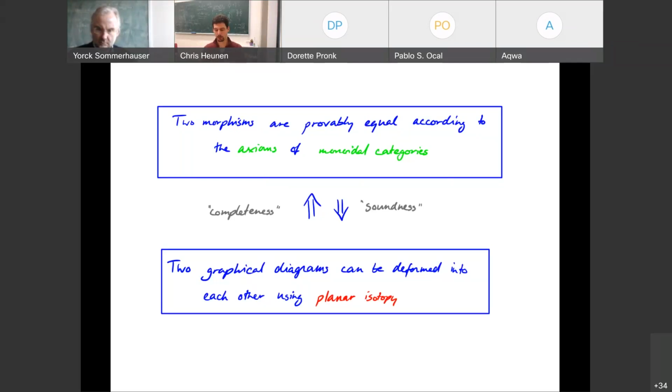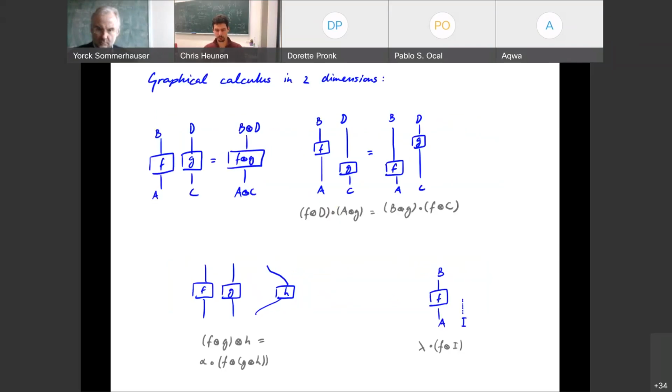And by isotopy, I mean, if you look at these pictures, so pick one of these 1, 2, 3, 4, 5, 6 pictures, pick your favorite one, and imagine this as trapped between two pieces of glass. I put a box around it so they can't escape. So I have a square piece of glass. The input wires I nail fixed to the upper and the lower edge of this glass. So I have a sort of square glass here, and the things are in between there. And what you're allowed to do is within this glass move the boxes and the wires around, as long as they don't intersect. And you have to stay between the two pieces of glass. That's why it's planar.